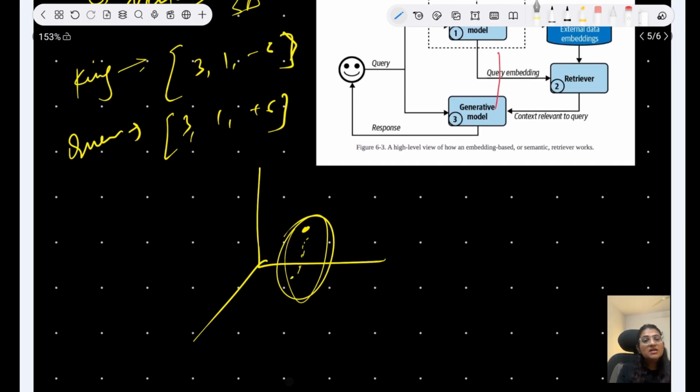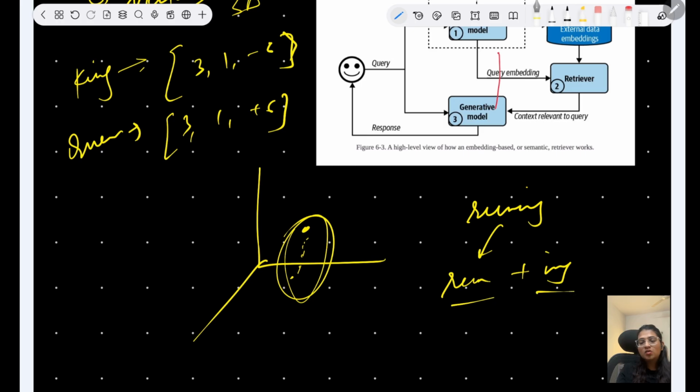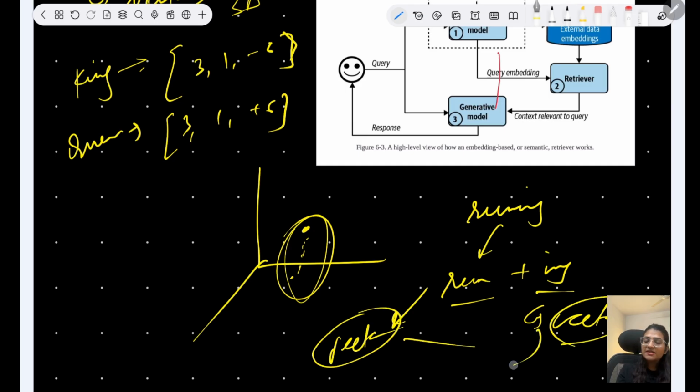Okay, now embedding is typically a vector which is made to preserve the important properties of the original data. What happens is that if I have a word running, I'll convert running into run plus ing. Okay, I'll tokenize it into 2 words and then I'll convert it into vector. So this vector is basically preserving